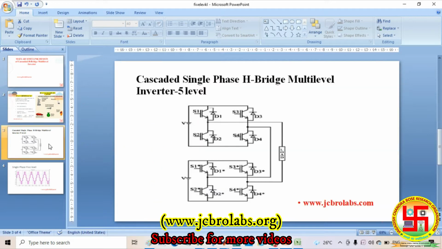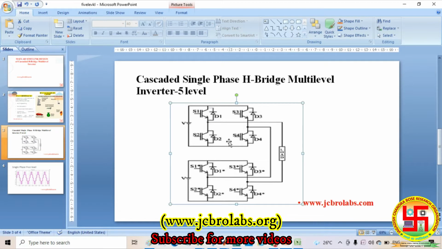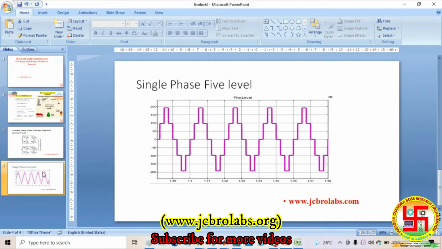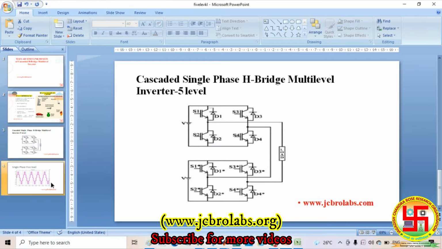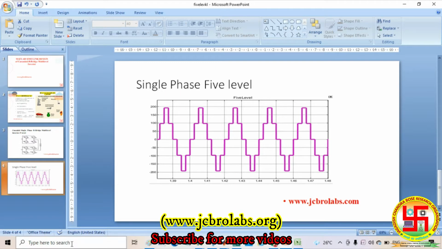So here we will discuss. This is today's agenda, and we will discuss this cascaded H-bridge multi-level inverter topology. First of all, you can see here a cascaded H-bridge multi-level inverter topology. It has 8 switches. By taking these 8 switches, we need to design and achieve this output. It is a 5 level output. You can observe here 1, 2, 3, 4, 5. By taking these two references, first I will explain the truth table.